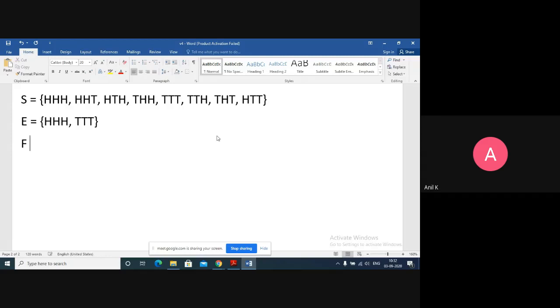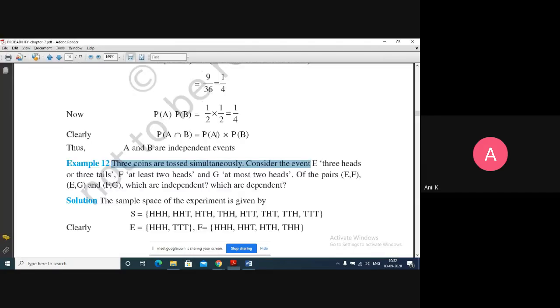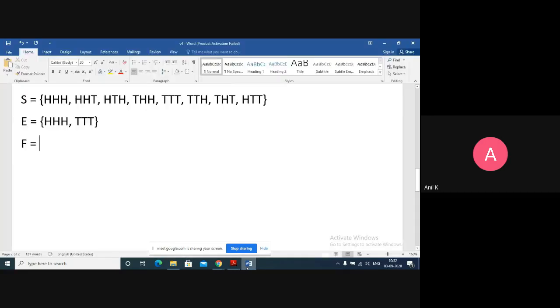Then event F is given as at least 2 heads. That means minimum 2 heads, so maximum can be 3. So HHH will come. Minimum 2 heads means HHT will come, HTH will come, THH will come. Minimum